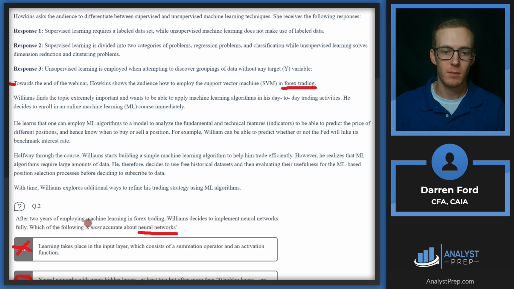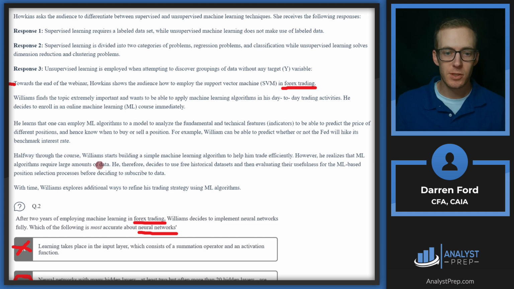So kind of relevant to what we're talking about here. Williams is going to start using this in Forex trading. Williams finds the topic extremely important and wants to be able to apply machine learning algorithms in his day-to-day trading activities. He decides to enroll in an online machine learning course immediately. He learns that one can employ machine learning algorithms to a model to analyze the fundamental and technical indicators to be able to predict the price of different positions and hence know when to buy or sell a position. For example, Williams can be able to predict whether or not the Fed will hike its benchmark interest